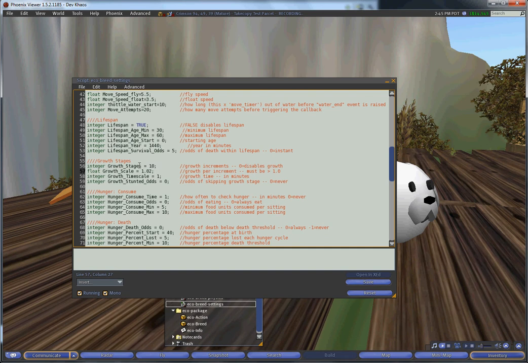And we have growth stages, so how many times it will attempt to grow. The time scale being in minutes, so maybe we want it to grow every 2 days. We set it at 2 days would be, of course, 1440 times 2, because this is in minutes. So it'll grow 10 times in its life, and it will have a chance to grow 10 times in its